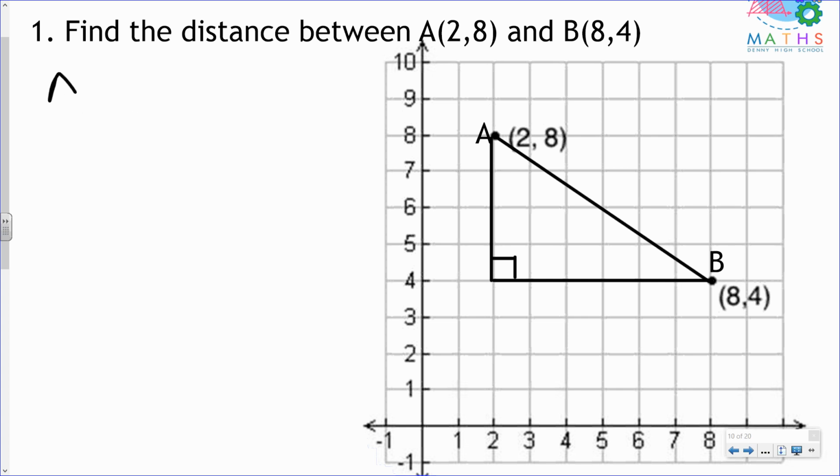So we know we're going to use Pythagoras theorem, which says that the longest side AB squared is equal to the 2 short sides squared and added together. In order to find out the length of the 2 short sides, we can simply look at the boxes here that we've got, or we can think about the distance between 4 and 8 in the vertical direction, which would give us 4 units, and the distance between 2 and 8 in the horizontal, which would give us 6 units, or count the boxes. So then we're going to do 4 squared add 6 squared,